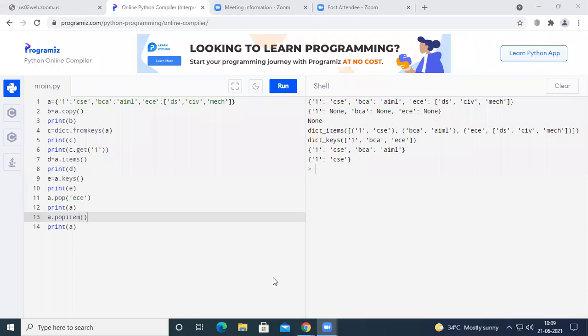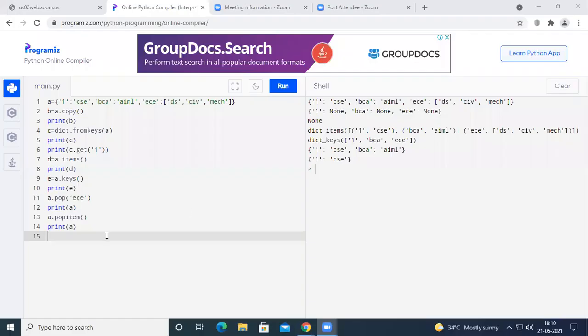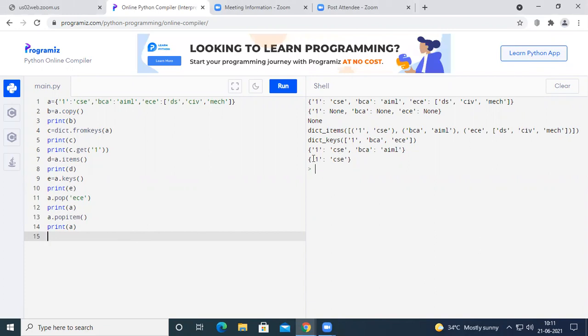Let us have a look at how this update function works. See here, A is already truncated, so A has only one element. So let us do the operations on the dictionary B. For example, B is a copy of A, so B also contains all these items. None of the items has been modified.